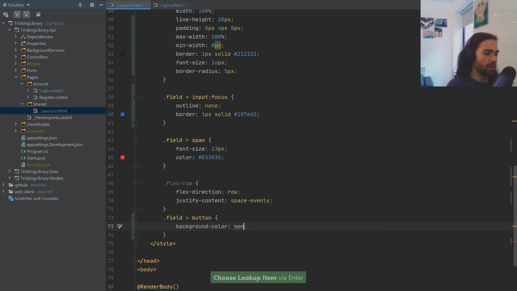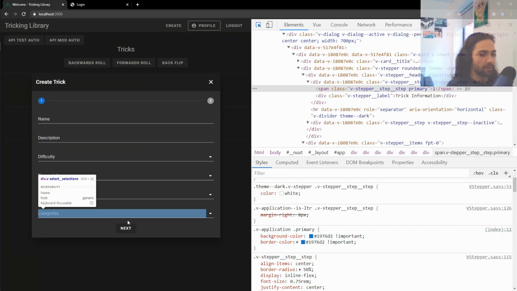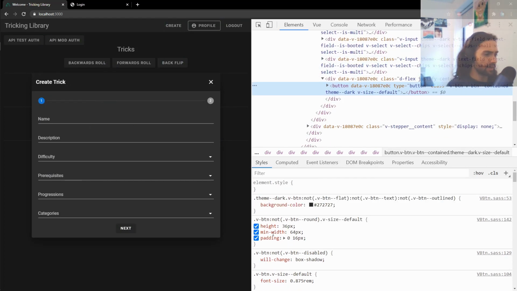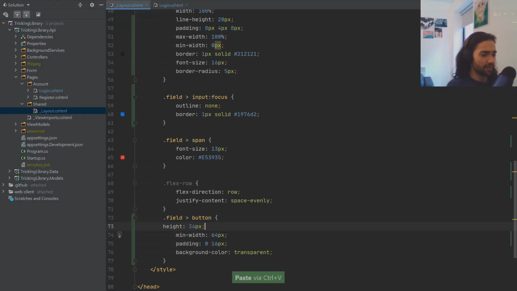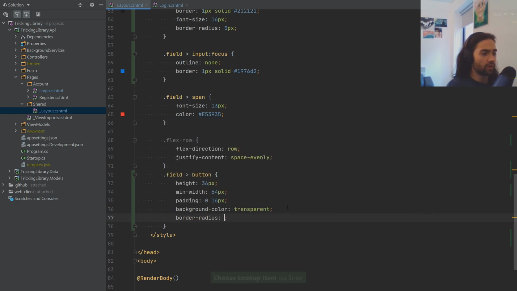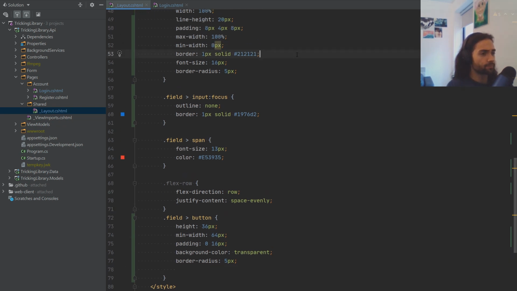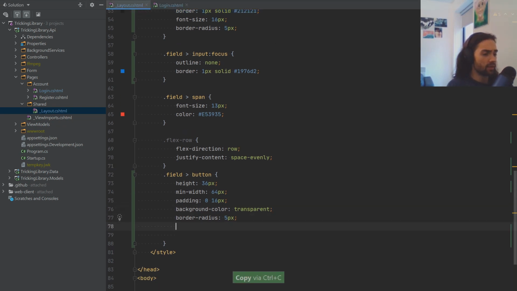Background color, none, transparent. And I think some of the styles I can grab from here. So just in terms of the size that they use. So here we have it, basically, I think. Height 36, min width 64 pixels, padding 0.16. Background color none. Let's do border radius 5 pixels as well, and the border will be flat out. No, we want the blue color, and I'm marking it blue